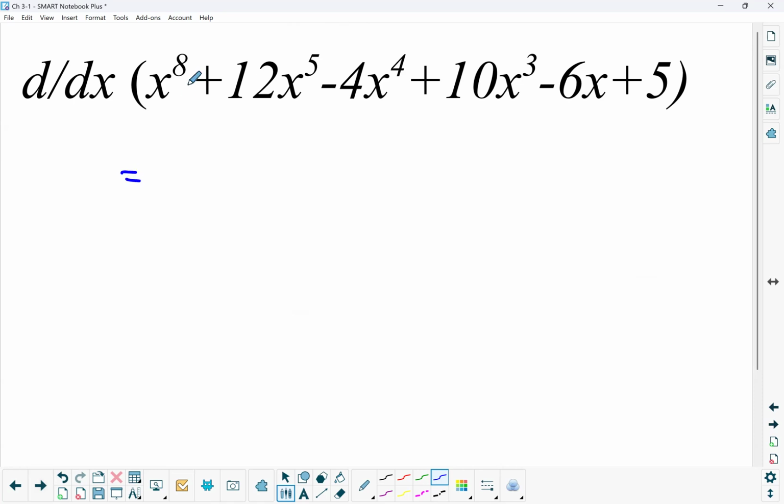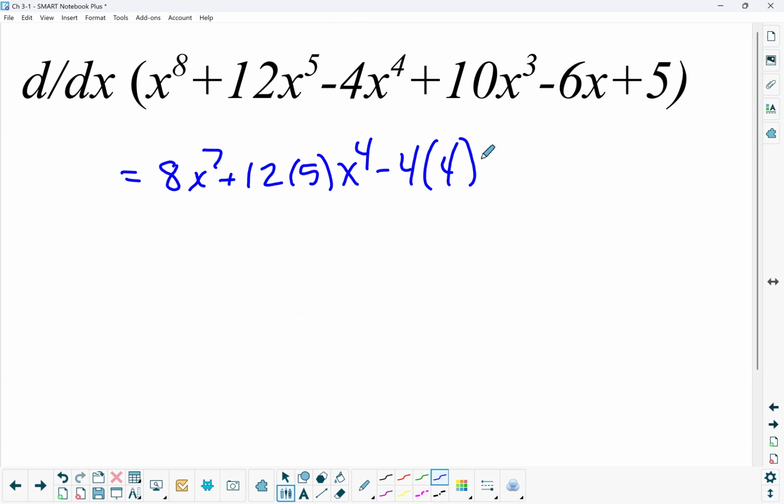A rule for a power function: take the exponent, bring it down, take our variable to one less power. Here we take that 12, pull it out, just ignore it for a minute. X to the fifth power would be 5 times x to the fourth. Ignore the 4 in front of the x to the fourth. The derivative of x to the fourth is 4x to the third. Ignore the 10. X cubed would be 3x